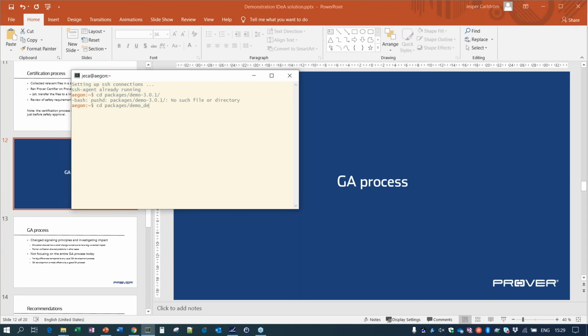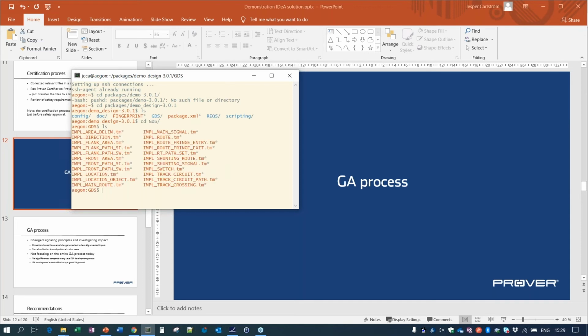What I wanted to look at is the design package 3.0.1. So as you see, this is something Unix-like. It's actually a Cygwin that I use on Windows, simply because I think it's more convenient to look at the files in this way. But if I look at, for example, the implementation of point here,